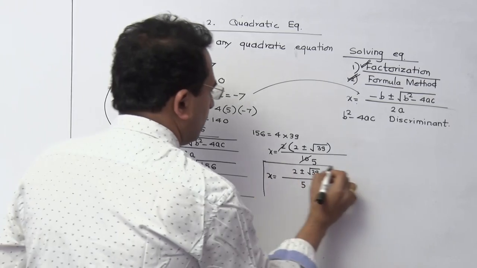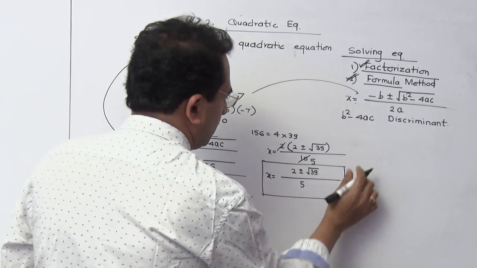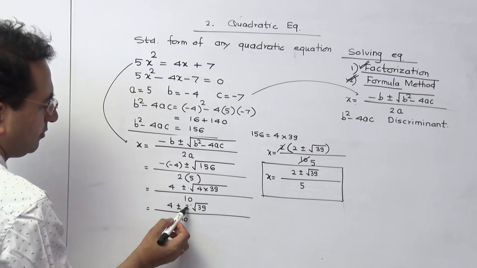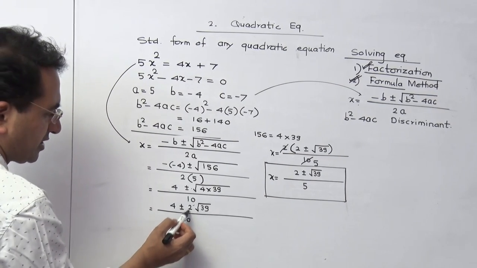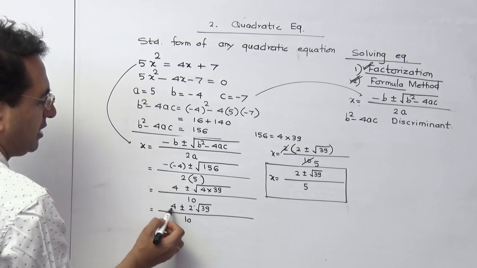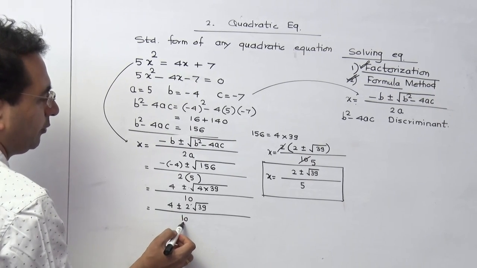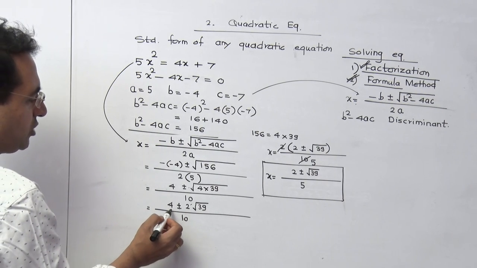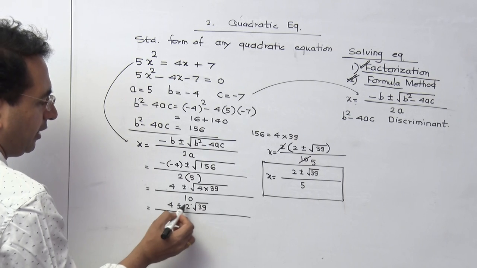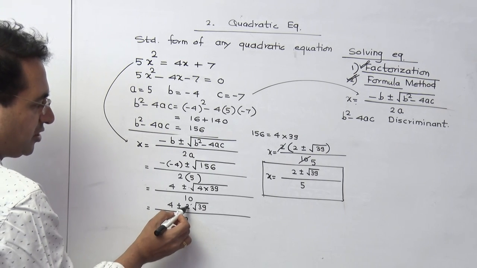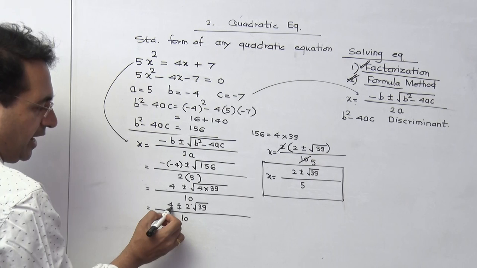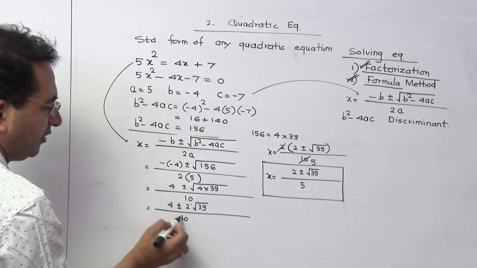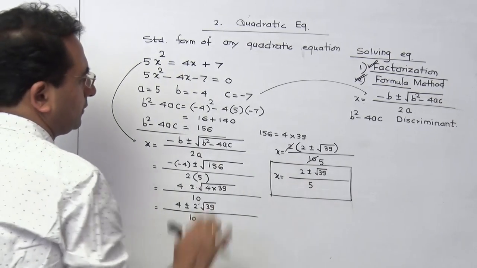I think you are clear with this calculation. I have taken this question purposely to explain you. There are many students who take this cancellation and they write the answer 4 plus or minus root 39 upon 5, which is wrong. Please keep this in mind that there is not only one number available. There are 2 numbers. So justification is for both. And that's why it is taken to 2 common. Then do the cancellation with this number 10 to get this answer.